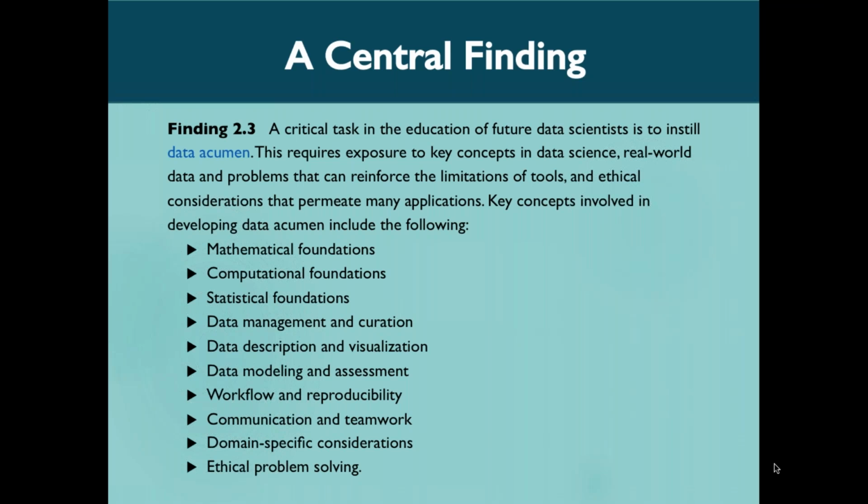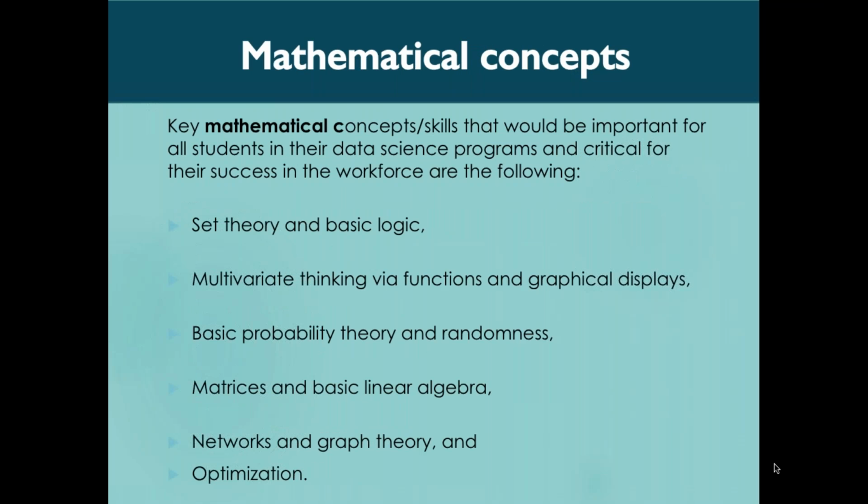A central finding that I'll talk a little bit about is the areas that we defined as making up data science. This is intended to be a descriptive list that would provide some guidance to people thinking about developing programs. Obviously, at the master's or PhD level, people are going to need a lot more, and certainly there's going to be an increased focus on some other areas. But these areas that we put together, we believe, are the key components of what we define as data acumen. And I want to take a few minutes to step through some of these as we go.